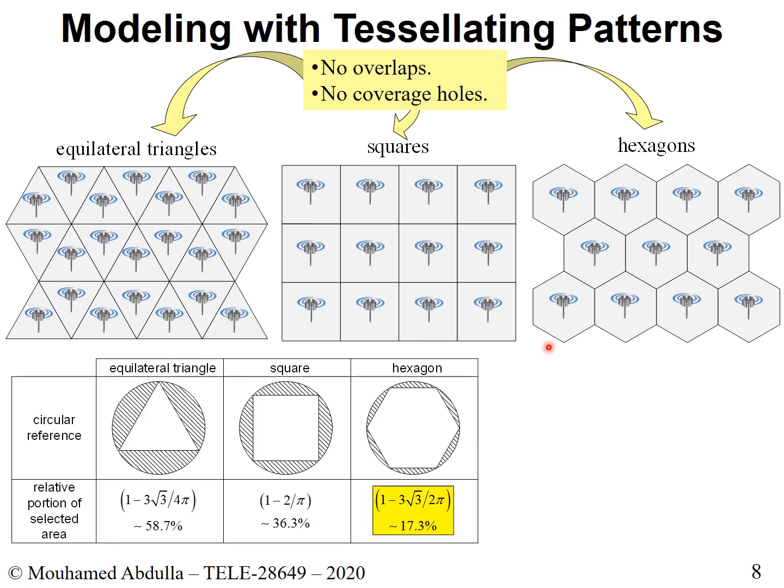So in this table, and I took this table from my PhD thesis, what I did is I compared the different shapes, right? So if you consider a triangular cell, how does it compare to a circular cell?